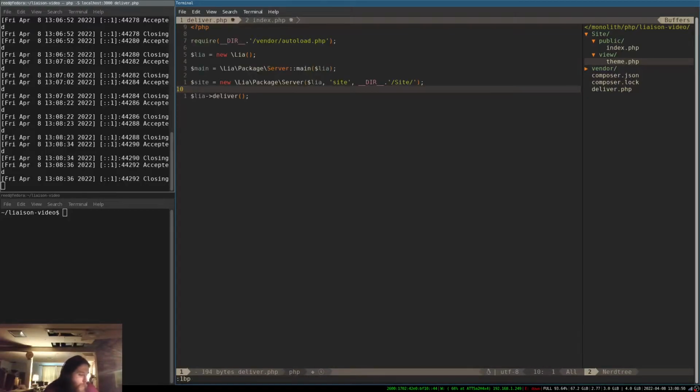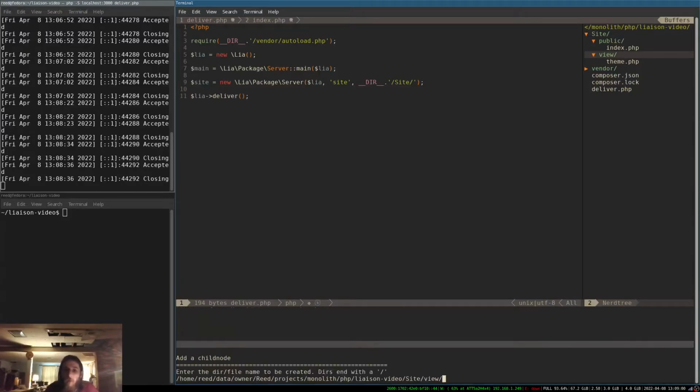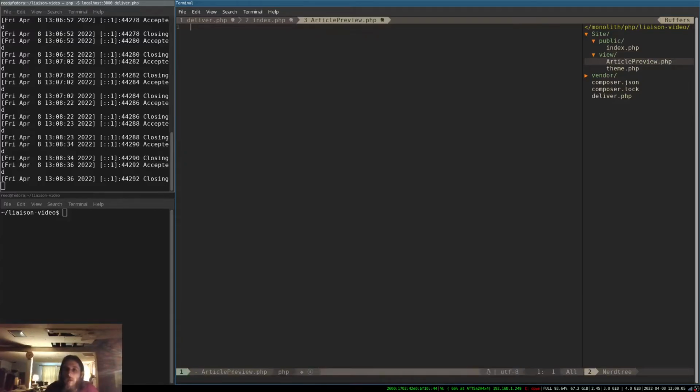Okay, so we've installed Liaison. We've set up a deliver script, wrote a home page, and I guess we wrote our theme. Now let's make an actual view. A nice sample view is just like an article preview, which is going to be something simple like